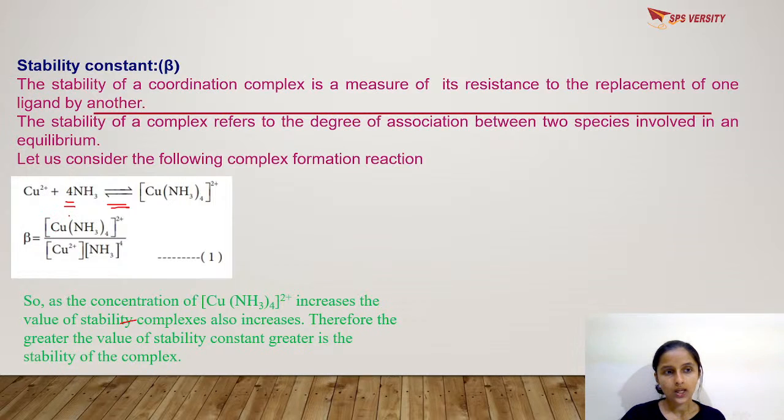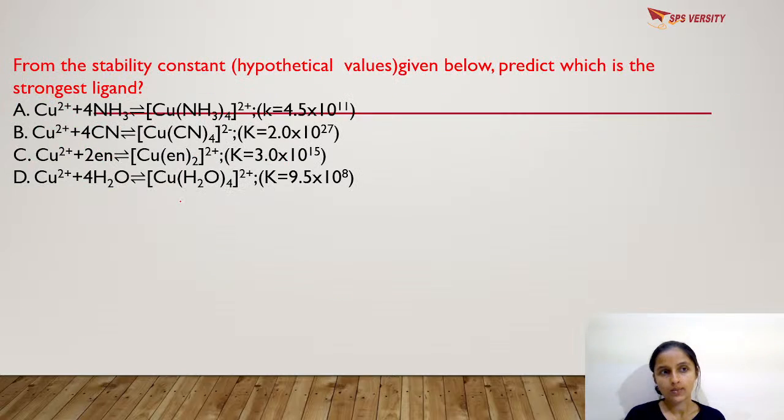If this is greater, then beta is higher. So if the stability constant is higher, then the product should predominate. That means the complex should be more stable. So the same reaction